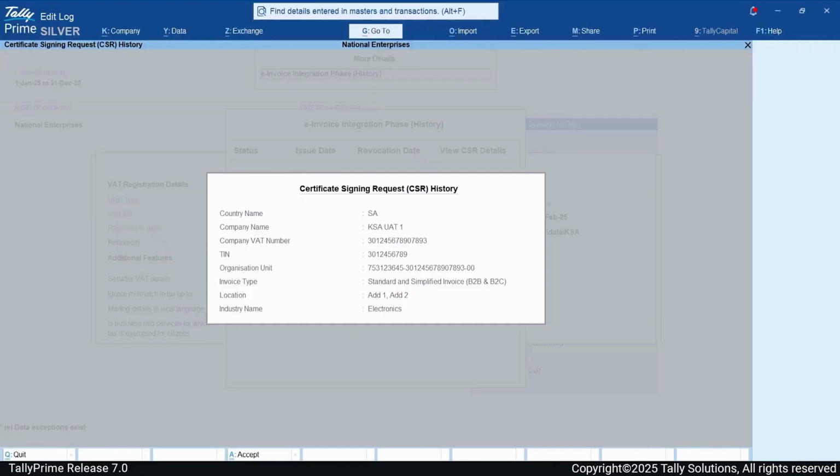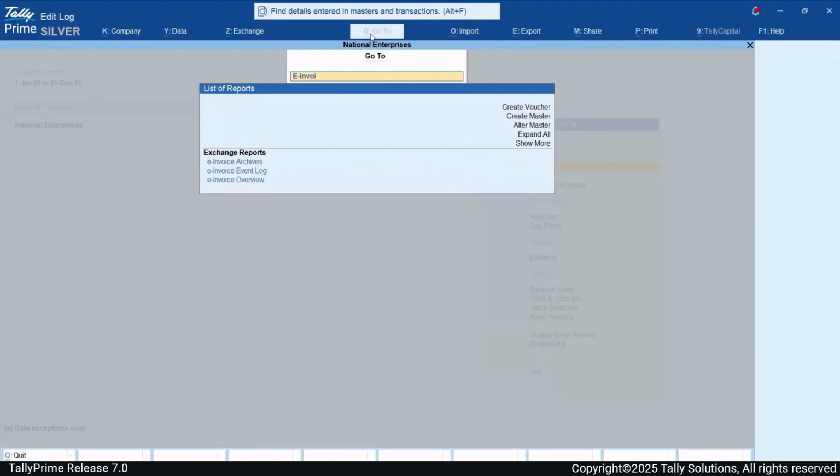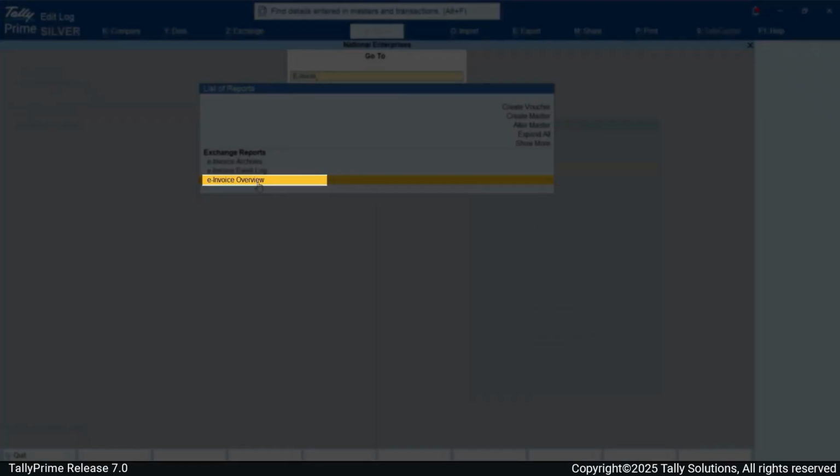Based on the invoice type you have selected in the CSR form, the e-invoice overview report displays B2B transactions, B2C transactions, or both. In Tally Prime, press Alt-G and type or select e-invoice overview.